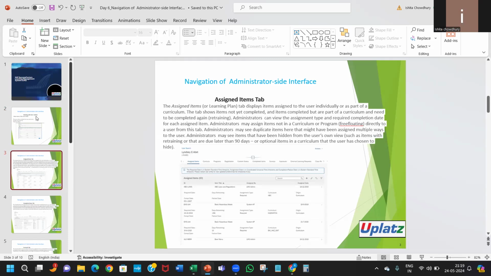Now we can navigate to the next slide. Under the user profile, you see multiple tabs. The first one, after the user details where you see all the personal information of the user, is the assigned items tab. The assigned items, or the learning plan tab, displays items assigned to the user individually or as part of a